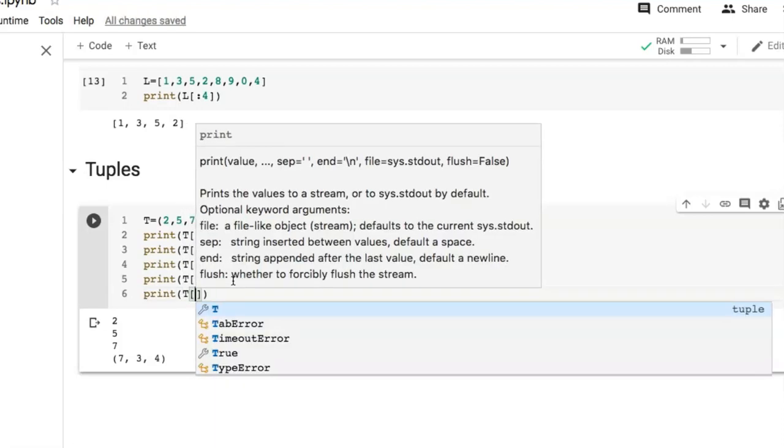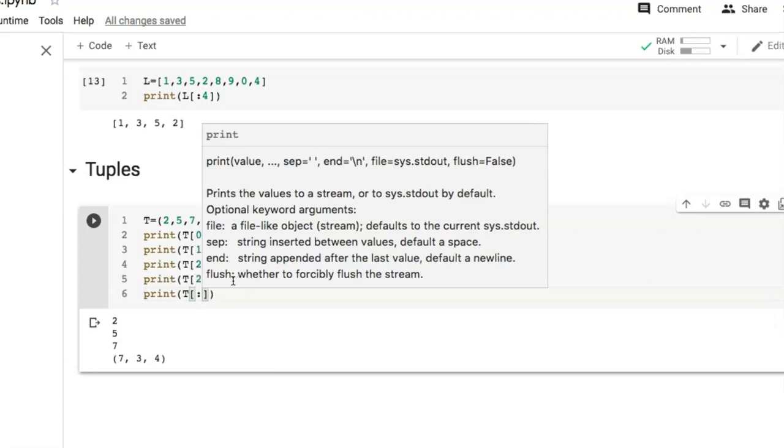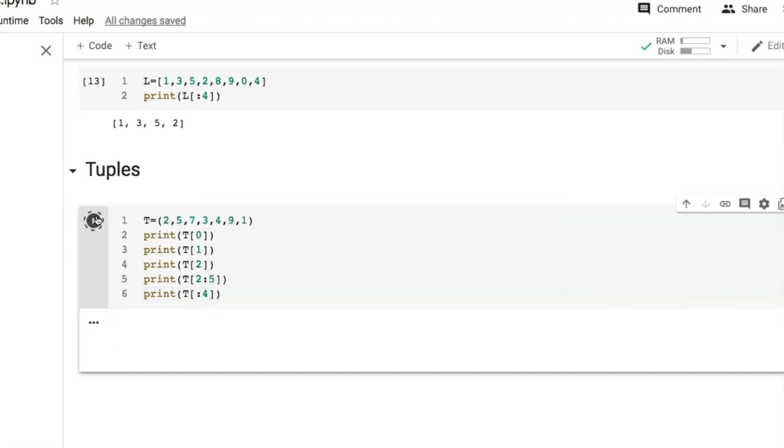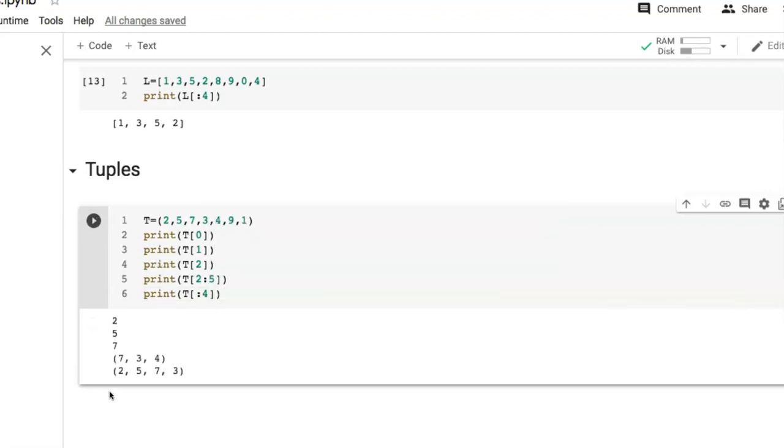So write just colon and for example 4. Let's run this. It will give the value at index number 0, index number 1, 2 and 3, because we have left out the starting index.